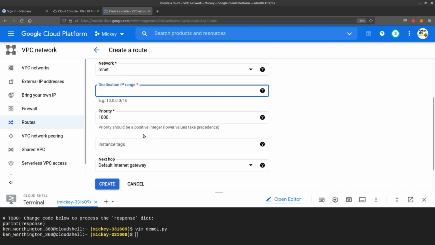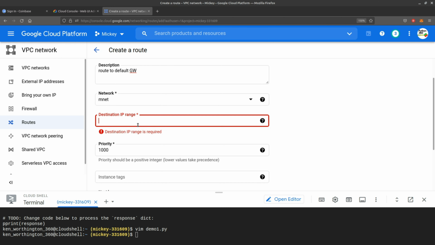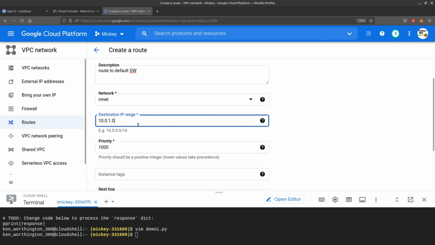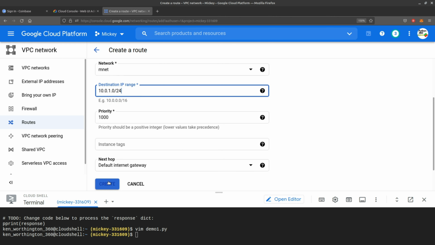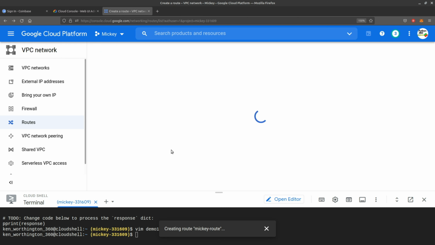Destination IP range. Okay, let's do 10.0.1.0/24. Create. And again, I could have